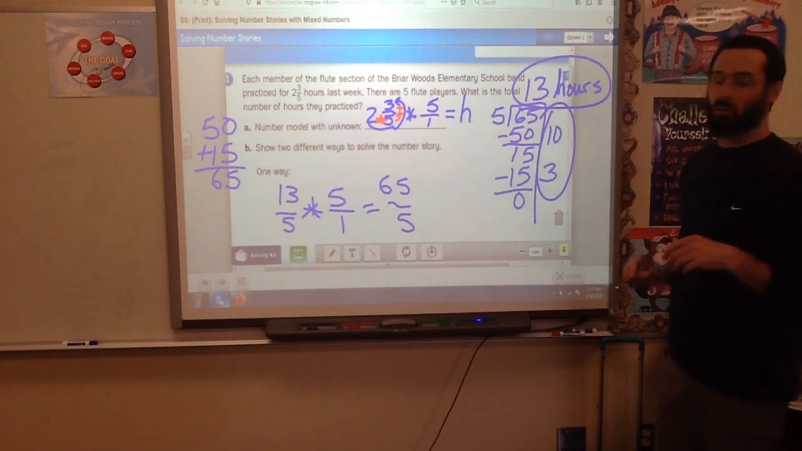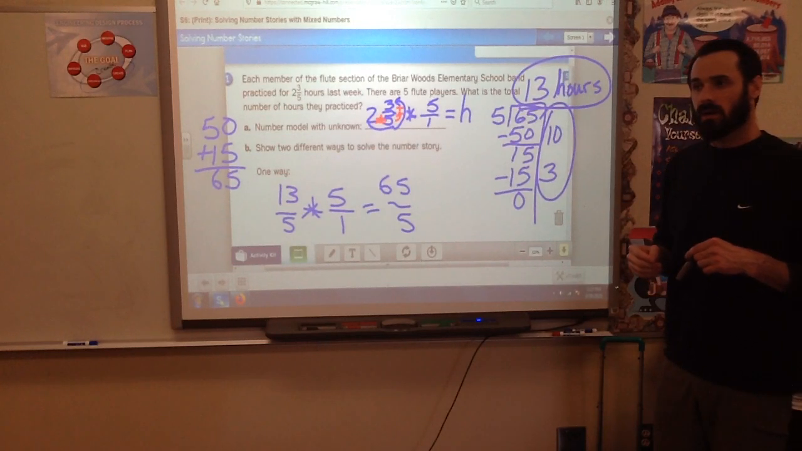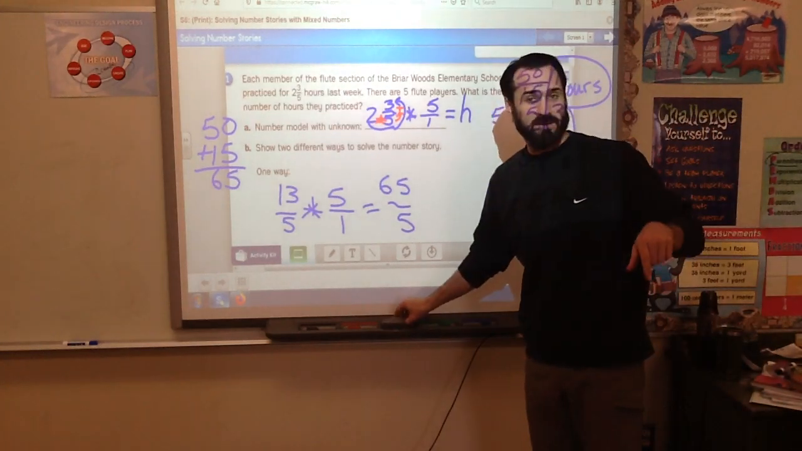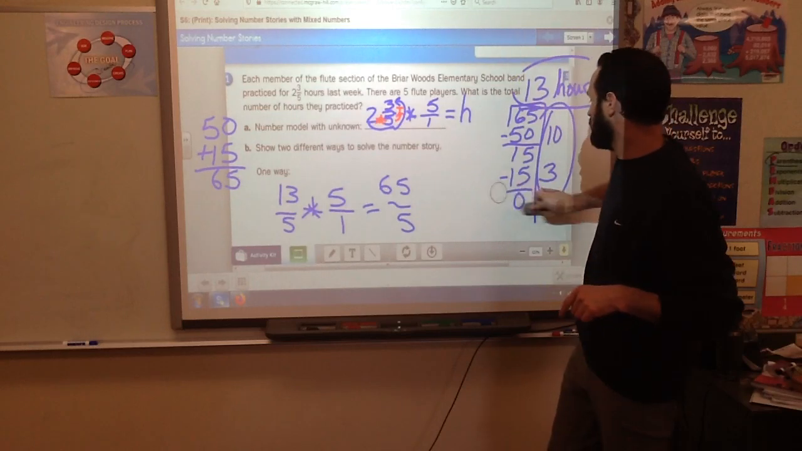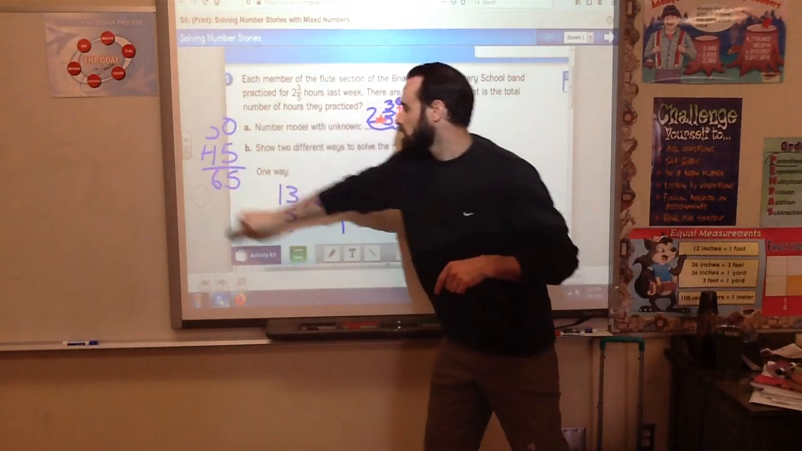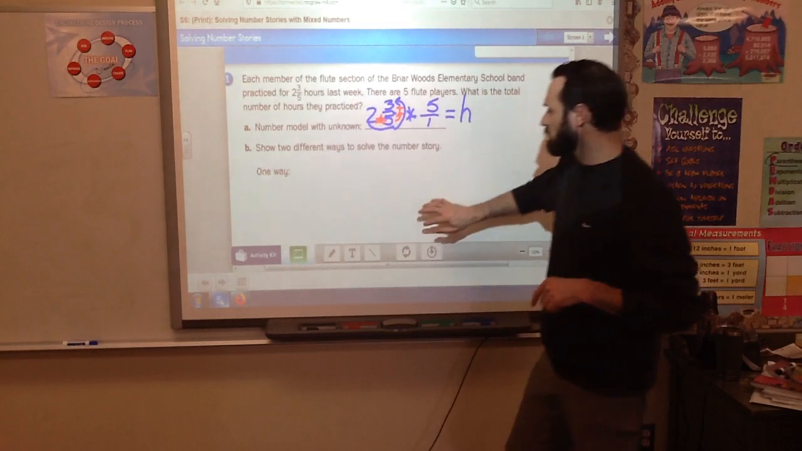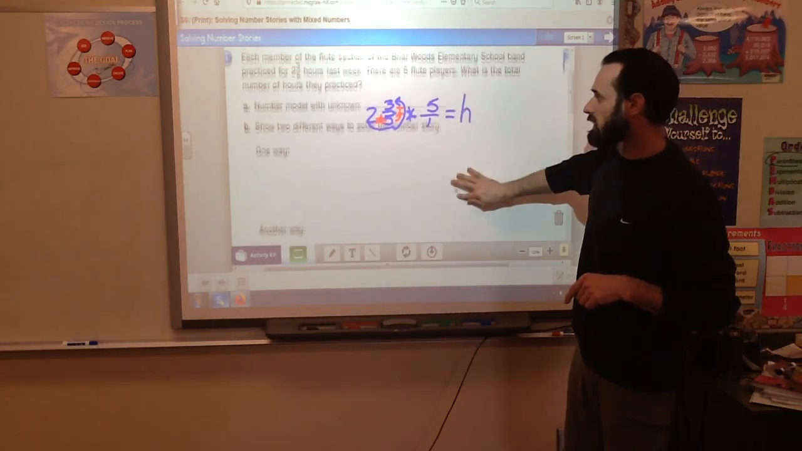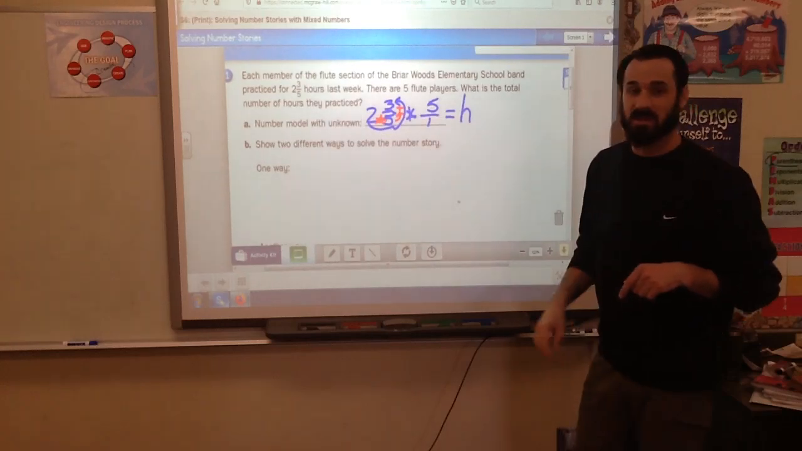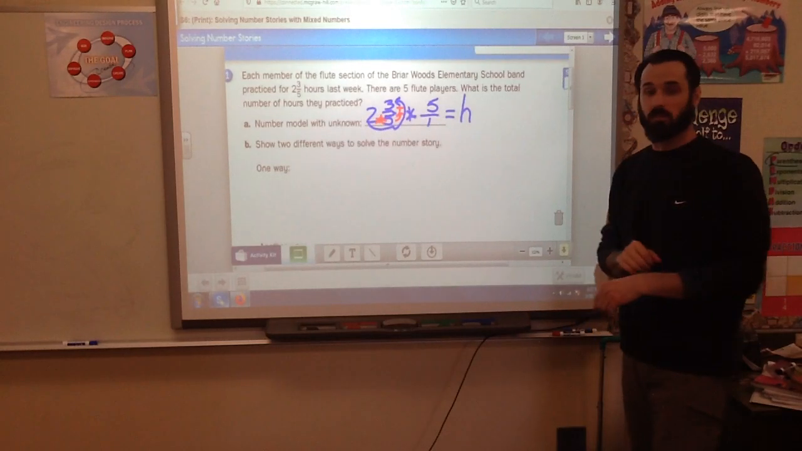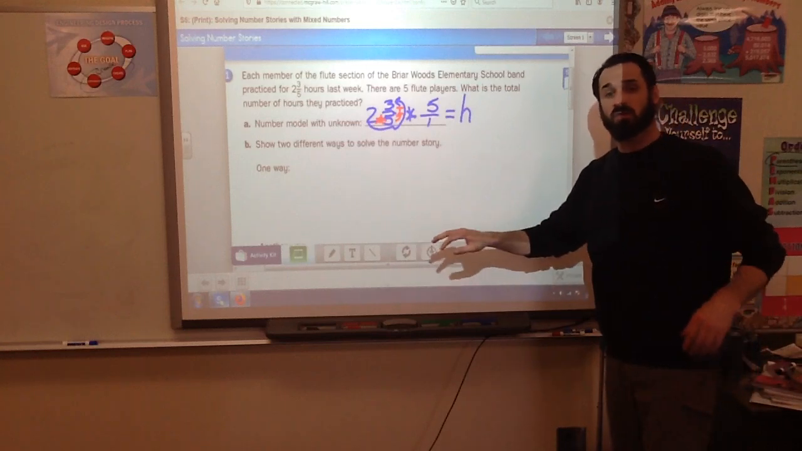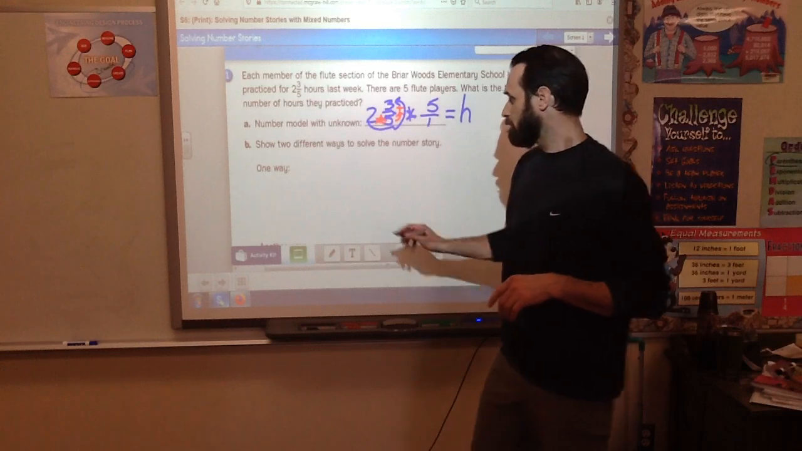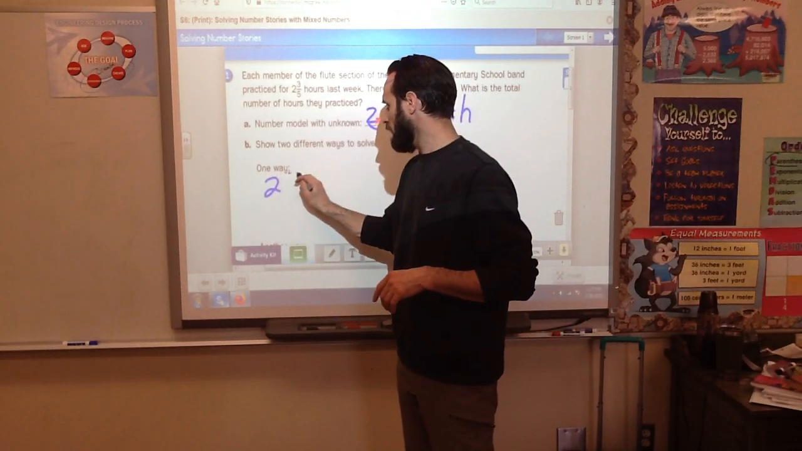This is probably the way that I prefer to do it, but I am going to show you the second way as well. I know that you have a second way down here, but I'm going to leave it like this for right now so that you can still see the number model with an unknown. I'm just going to do it again right here, but you should be doing this in the area where it says another way. So on this one, we have 2 3/5